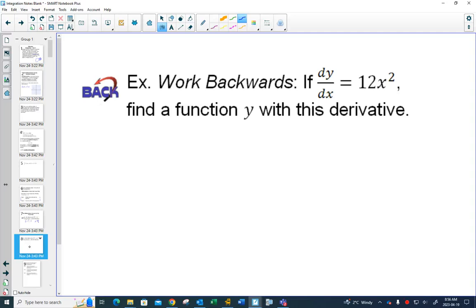Right? This one too, you could just see it. You would have said to yourself, all right, I had an x cubed. And then you said, if I did the derivative, the 3 would have come in front, and if I need to get a 12, that 3 would have made a 4 there. And that's how you would have done it in our first unit, and now we're going to have the plus c.